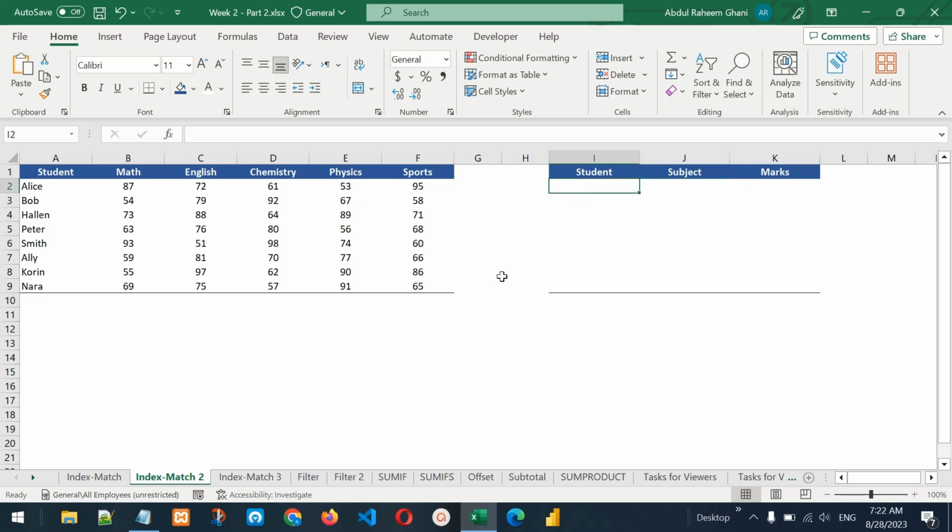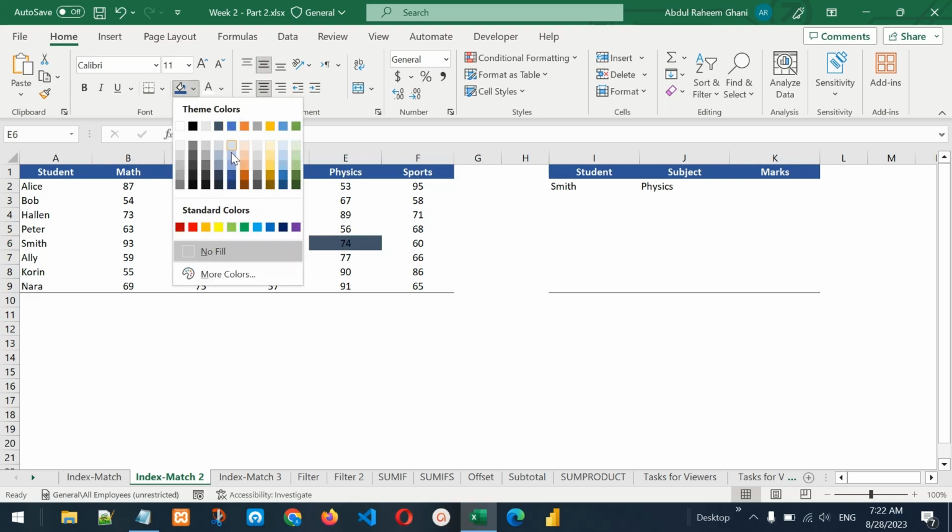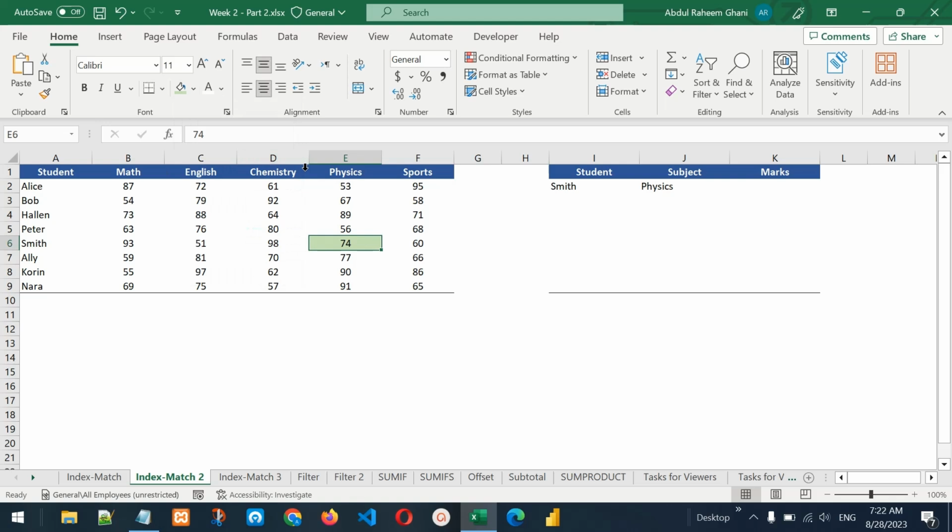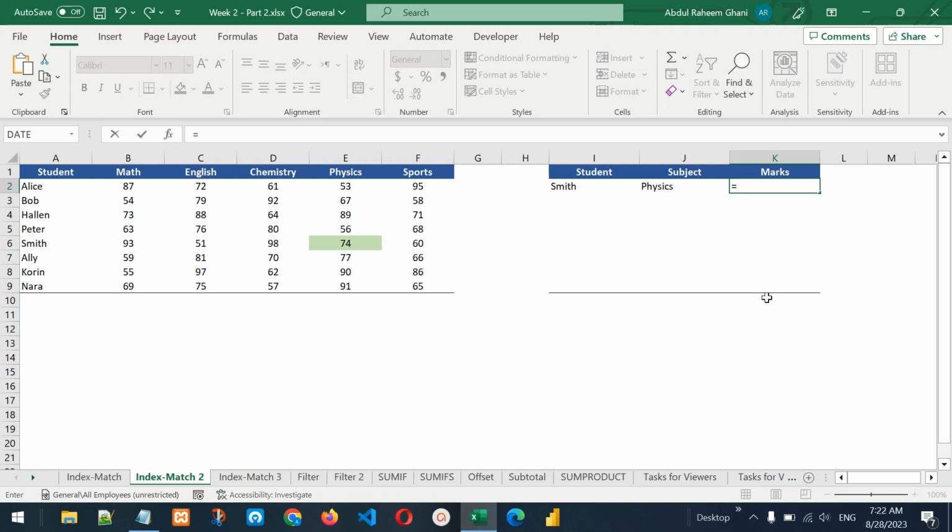For example, I want to get Smith's physics score. So we have Smith in the names, we have it here. We have physics at the column level. Now I want to get this 74, which is a combination of Smith and physics. So let me give it a color. I want to get this value. So let me add index first. I want to get a value from this array